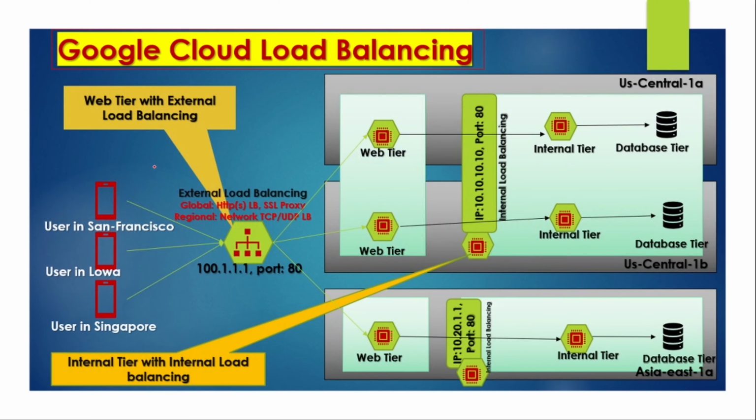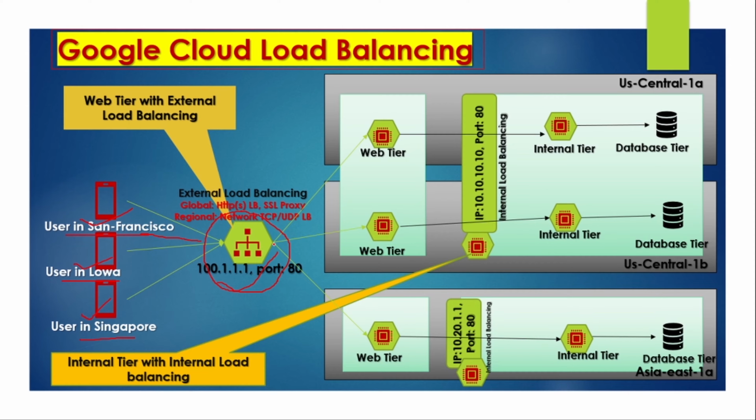So in this diagram, you see that there are mobile devices or web applications and the users are coming from different regions. Okay, so it's US and Asia, right? First of all, whenever any user sends a request, it will be intercepted by the external load balancer. In this case, this is a multi-region user. The user is from the US, so the external load balancer will check where the user is coming from, and it will route the traffic to the nearest region